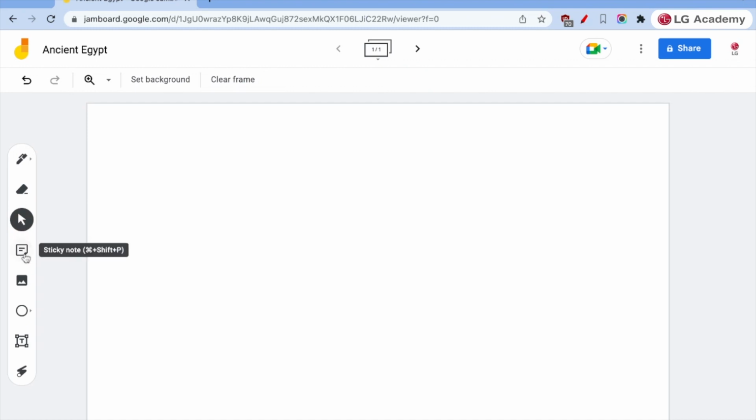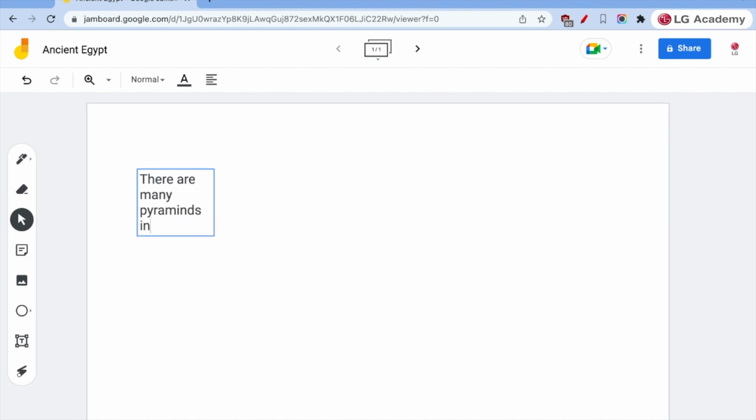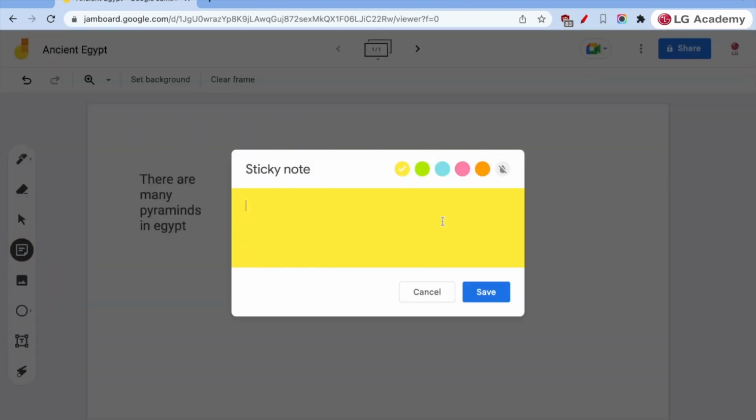Now, where it's really powerful when it comes to collaboration are the ability to add either text boxes, and students can add them, I can add them. Another is the sticky notes feature. And so stickies, what I like to do is I like to have students write their student number or write their first name, and write a thought. So for this one,